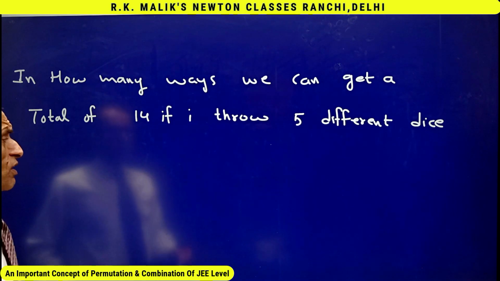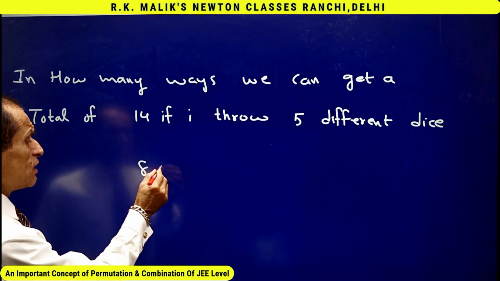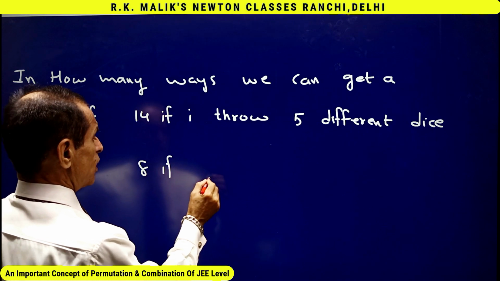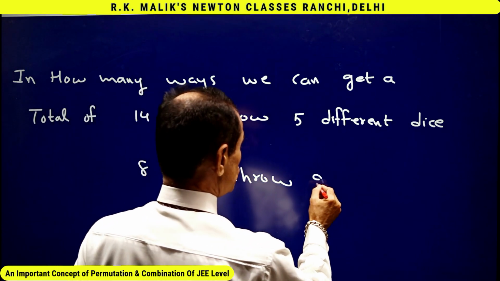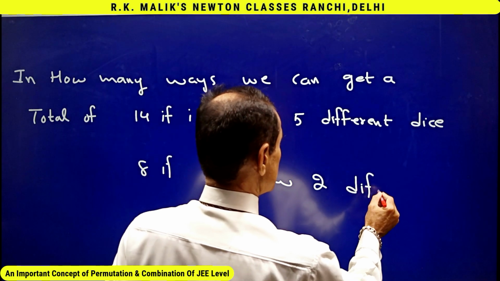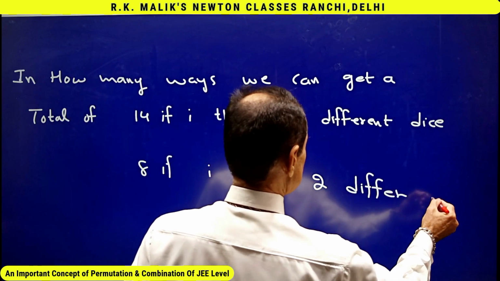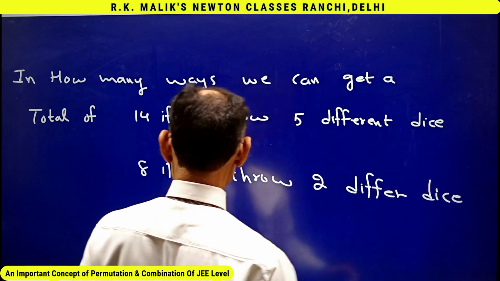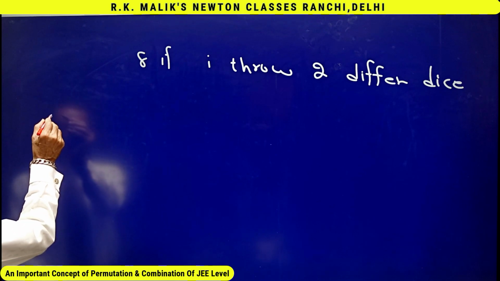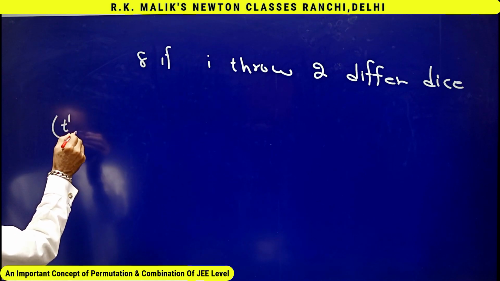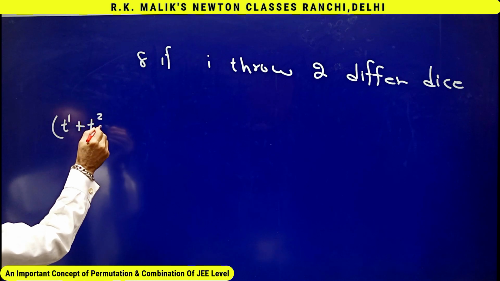Let me do the question of total of 8 if I throw 2 different dice. To do this question, let me write an expression, and that expression is I write t to the power 1 plus t to the power 2 plus